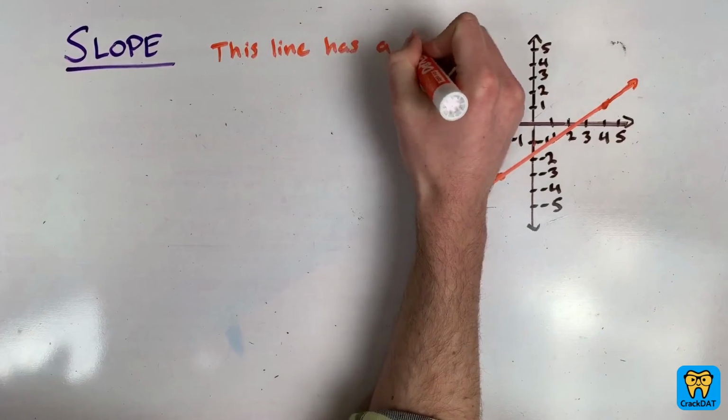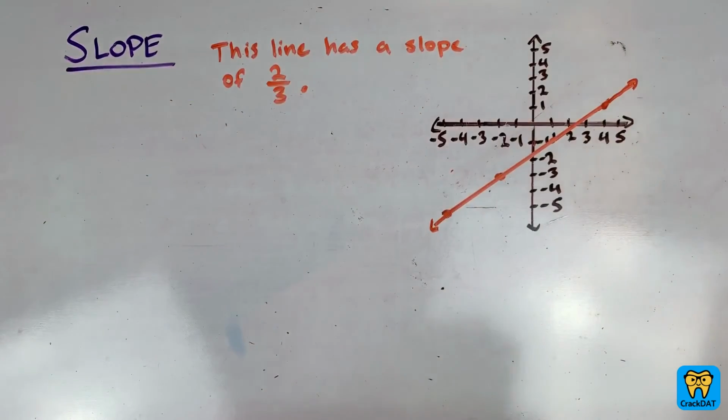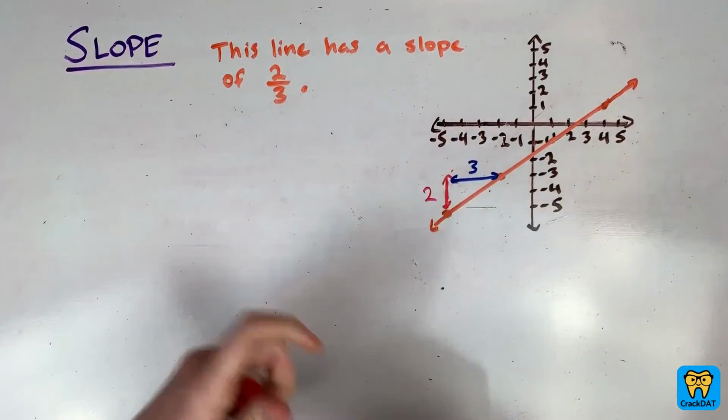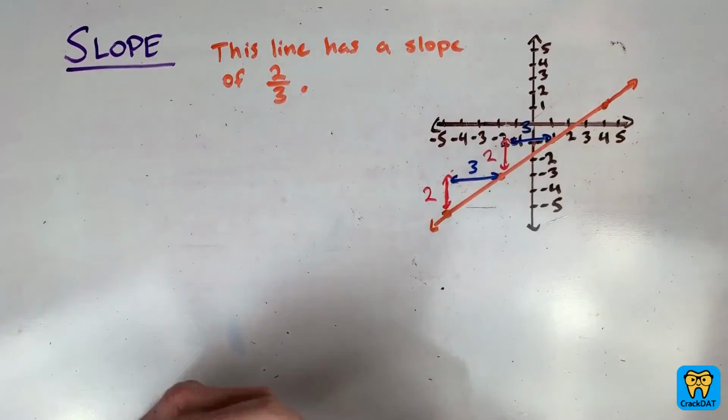So for example, this line right here has a slope of 2/3. That's because between any 2 points, the ratio of how much the line rises to how much it moves horizontally, or runs